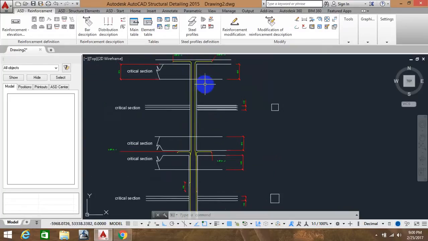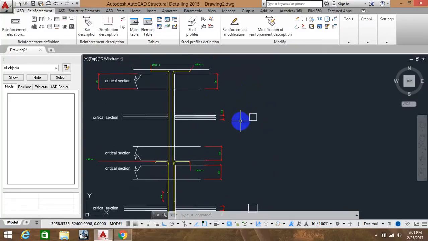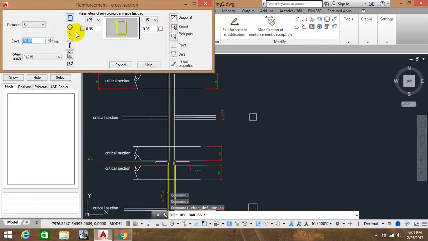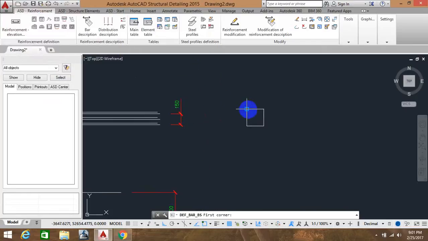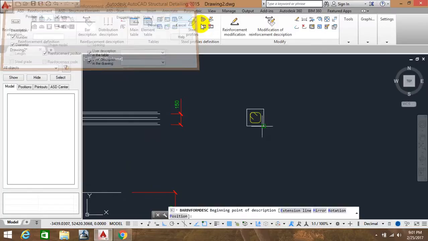So next is how to provide stirrups. For stirrups, you just need to take a stirrup section over here, and in this you just need to take a minimum diameter. For FE415, I'm just going to take a clear cover, maybe 40, and 8 FE415, and these all okay. And again the diagonal option, you can choose this one, and here I'm just placing a bar. Okay, so it's your stirrup,